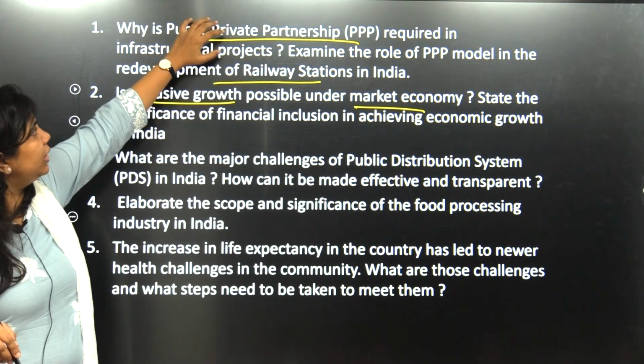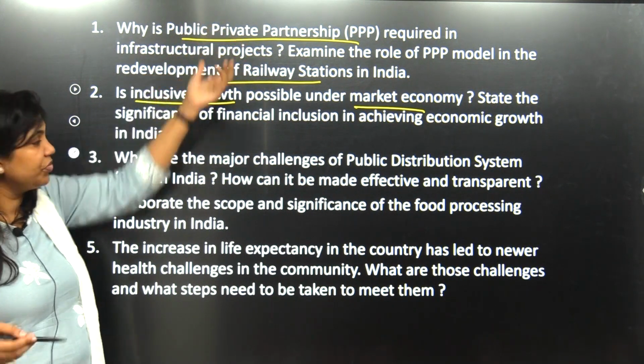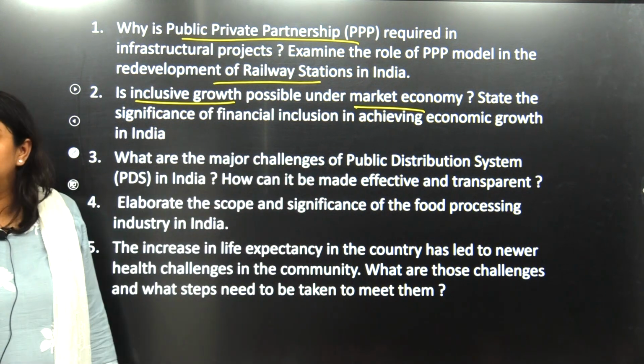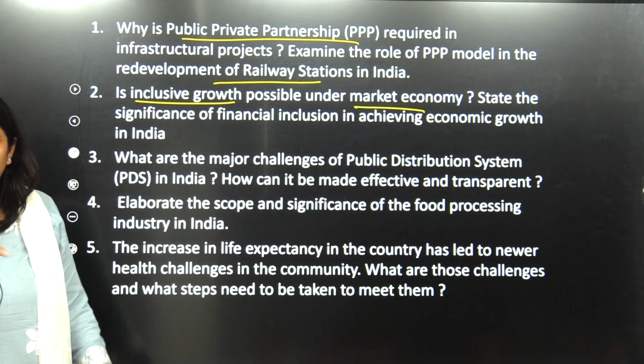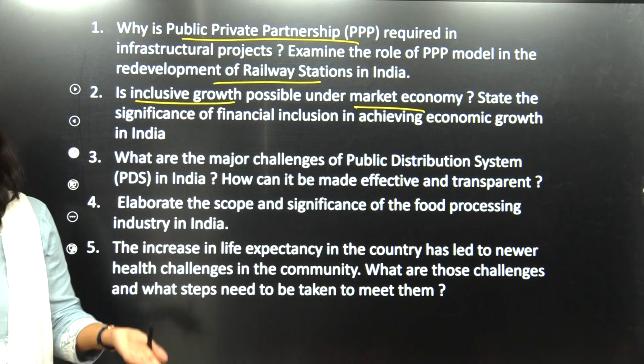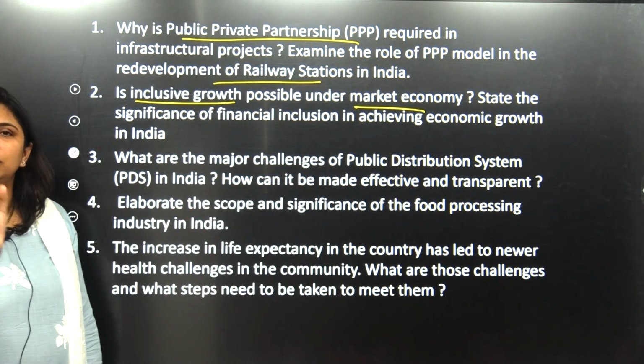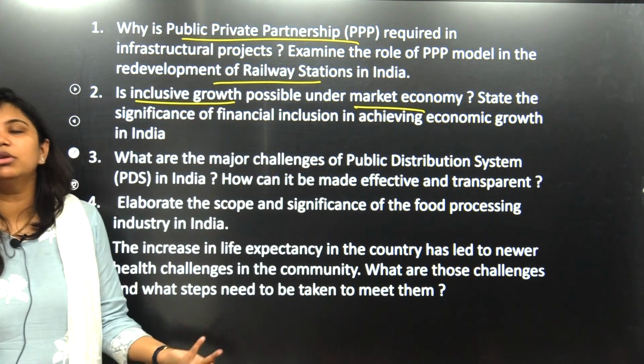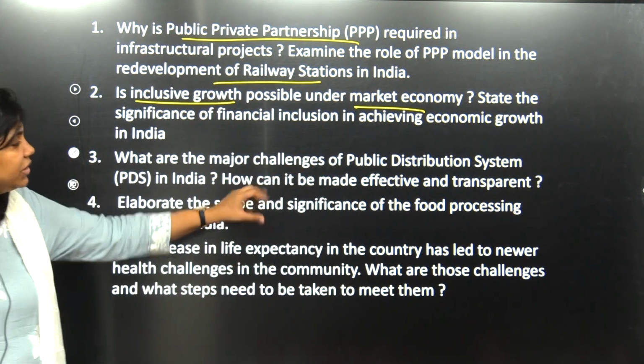This news lo undi, this static part undi. So they are linking these two. And if you take, what are the major challenges of public distribution system? Inka daatan kuda daataledu asalu. They didn't go even beyond it. So the topic of PDS untundi. What are the challenges of PDS? How can we make it effective and transparent? What are your suggestions? So itla suggestions ichedappudu em cheyali?